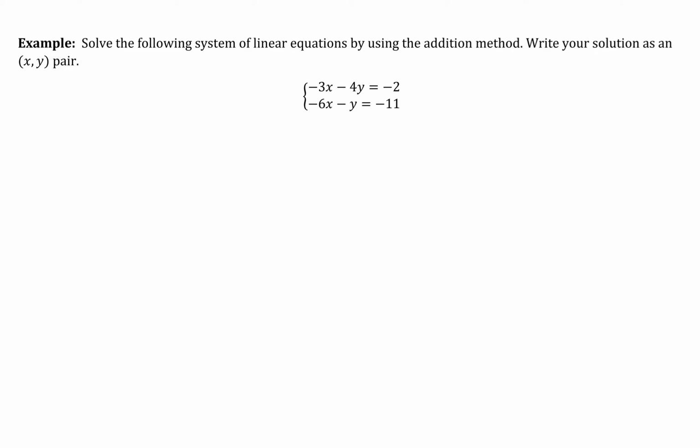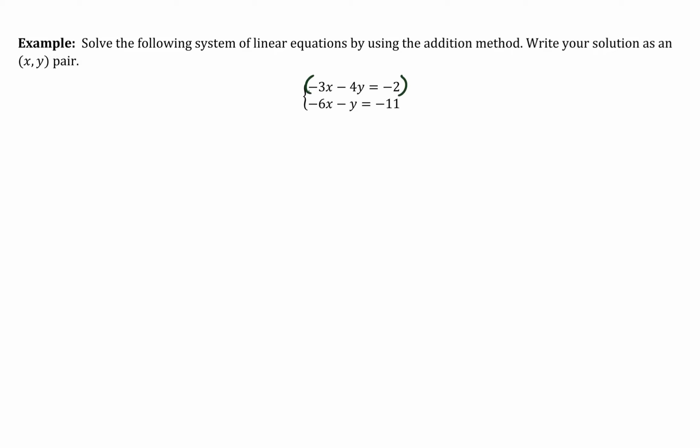So we can take a look here and we can do this in a few different ways. We could either make our coefficients on our x variables, the -3 and the -6, cancel, or we could take a look at our y variables, the -4 and the -1, and make those opposite. Either one works, and whichever one you see first or makes more sense to you, do that one. I'm going to start with canceling out the x variables. So we see we have a -6 and a -3. I could keep this one a -6 and make this a +6, and that would in turn make them opposite